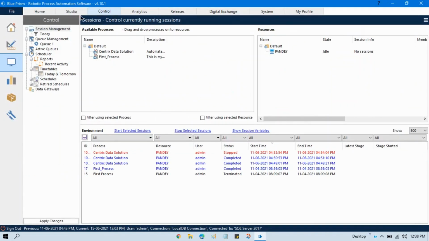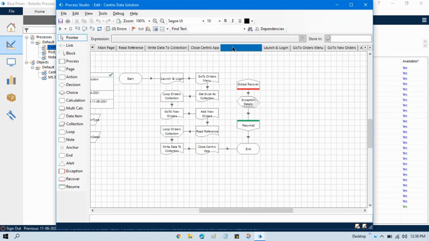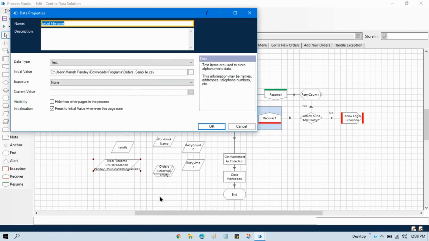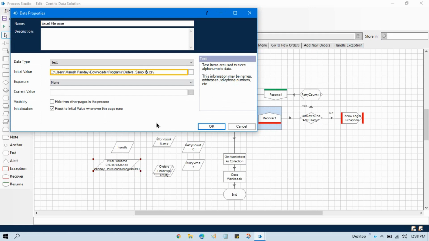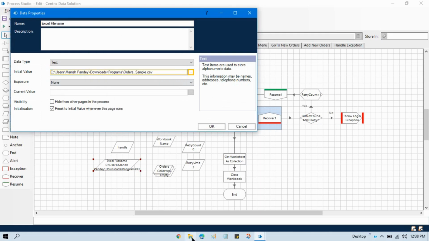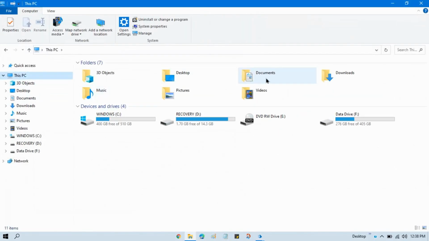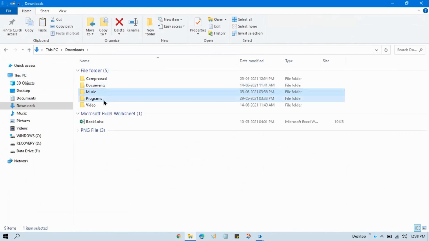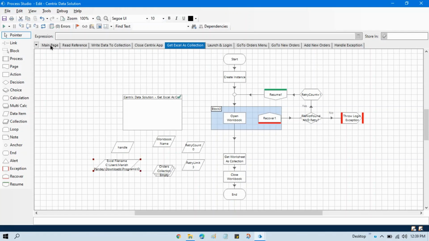Let me do one thing. Let me open that process, Centrix data solutions, and in the get Excel as a collection, let me change the file name, that was sample.csv. Let me find out whether we have the same file available or not. C drive, and then downloads, then programs. We have orders underscore sample.csv. Now click OK, and now let me save this,